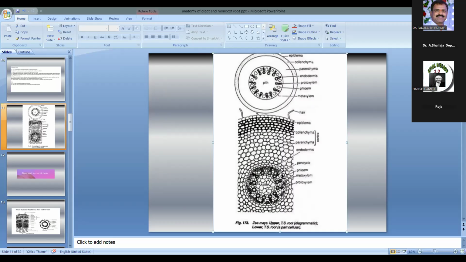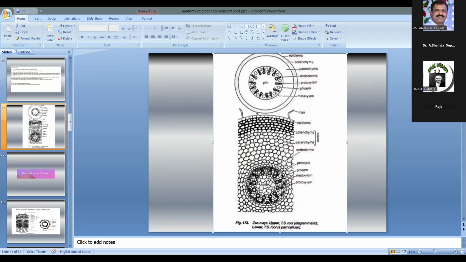Coming to the vascular tissues, the roots show radial arrangement with alternating strands of xylem and phloem. The xylem shows exarch condition. The vascular strands are separated by sclerenchymatous conjunctive tissue. This is a specialization. The number of xylem strands ranges from 8 to 20, that is, the root is polyarch in nature. Okay, that is about the monocot root vascular bundles.